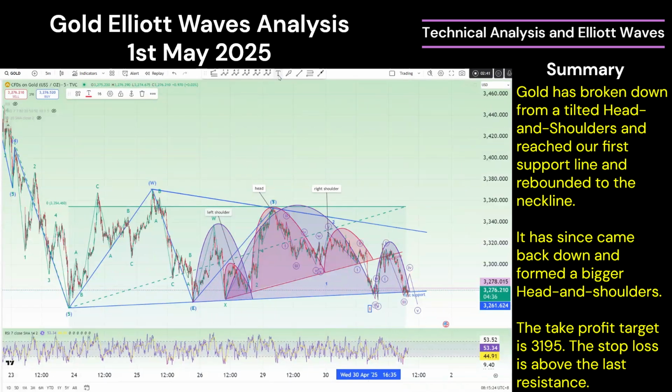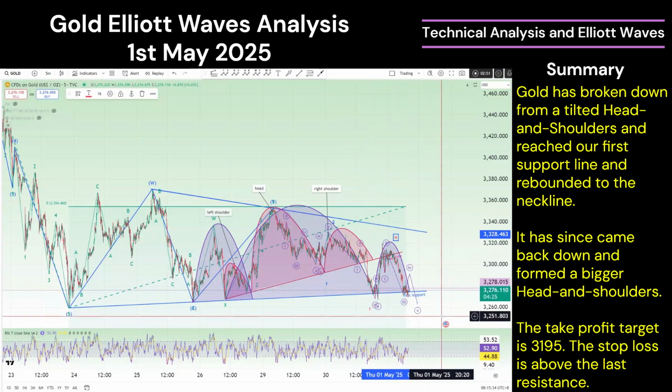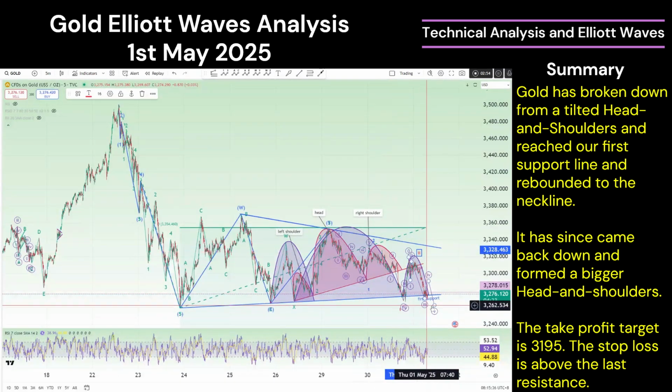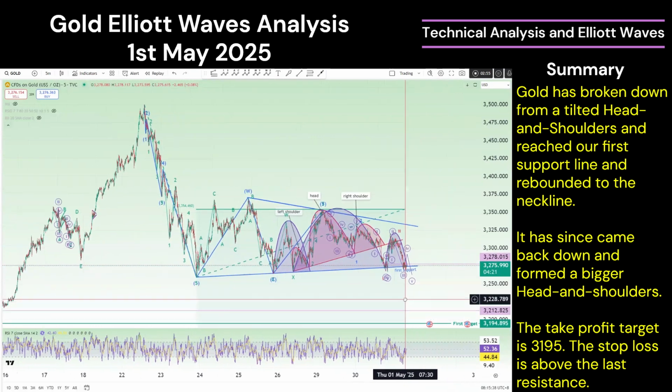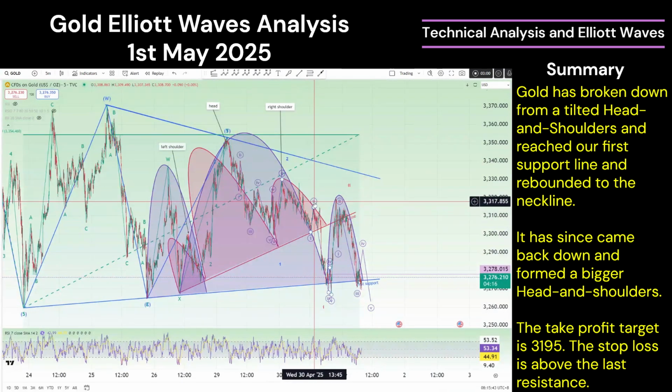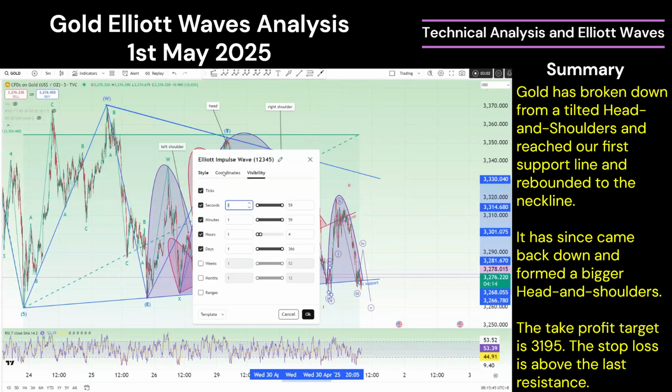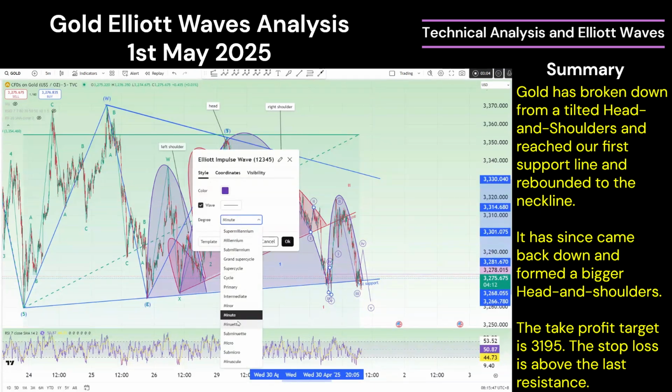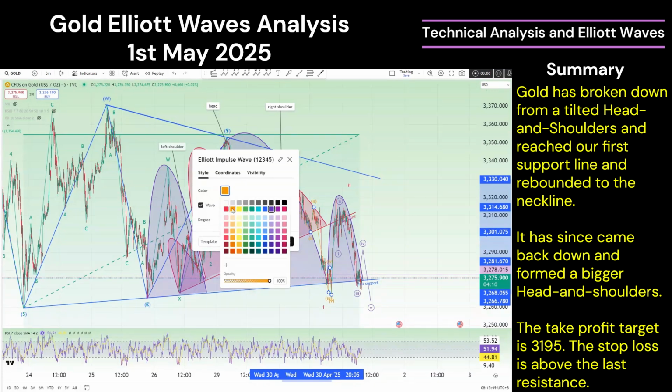And then over here will be kind of like a wave 2. Okay, so this entire movement here will then be a wave 3 that is broken into 5 waves, right? So this is how I would prefer to count it, which also means that I will have to change this degree to a minuet for now,